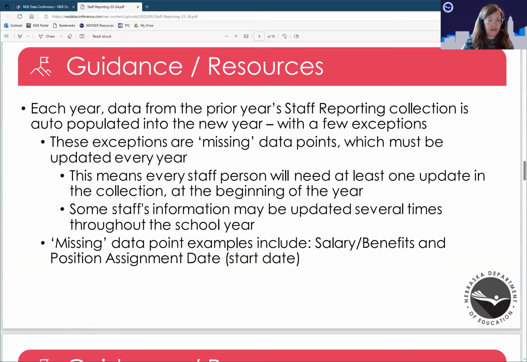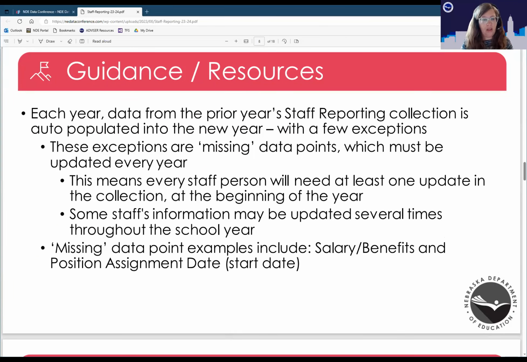So each year, and that's what we're in the process of doing right now, data from the prior year's staff reporting collection is auto-populated into the new year. But we exclude some of the information because we know it's not the same every year. Some of those exceptions, I call them exceptions or missing data points. The staff person is going to need an update.